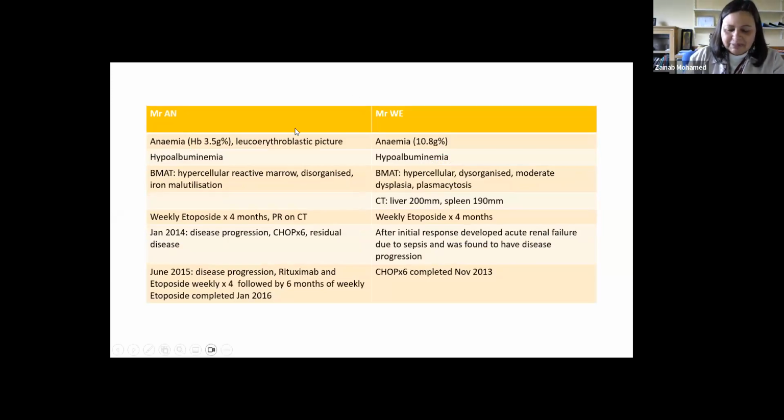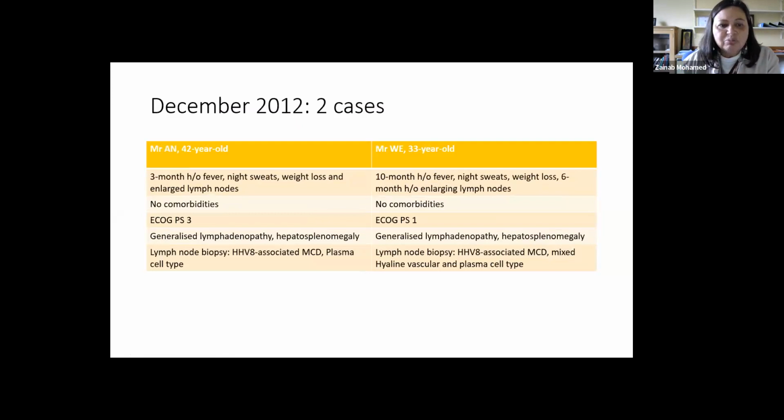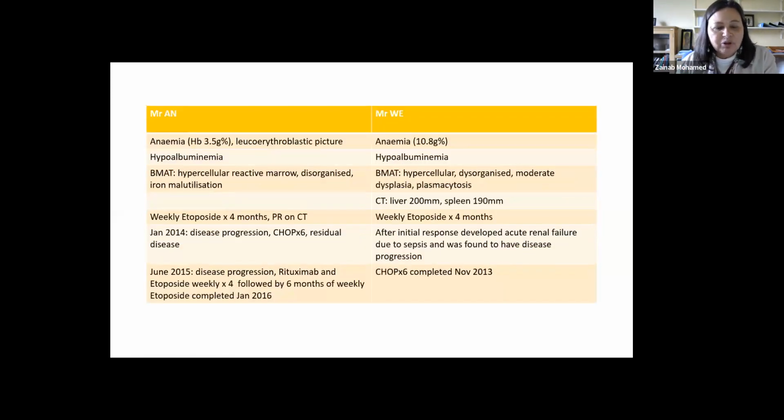They were both anemic, but the patient who was more ill with a shorter history had a hemoglobin of 3.5 grams percent. They were both hypoalbuminemic, and they had these disorganized bone marrow. The first patient was so sick that we didn't even manage to do a CT scan on him, but clinically had a huge liver and spleen. And we treated them both with etoposide weekly